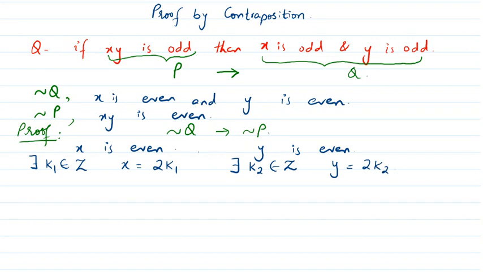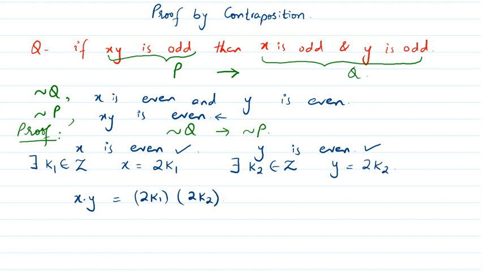Now, with these two given approaches, I have to strive for this approach. That is, their product should result in an even number. So let's compute the product here, that is x dot y. According to these two forms, being x and y being even, this is going to be 2k1 times 2k2,